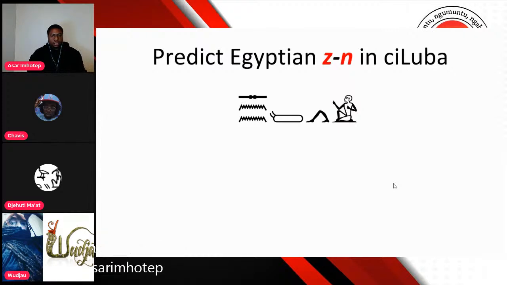So just with the glyphs themselves, you already have the Z and the N so far. And then semantically, it would have to do with motion because of the legs. And then it would have to do with the class of possibly persons. Right. And so we know a human is involved in the word because we have at the end here a classifier of a human being, in this case, the sitting man,